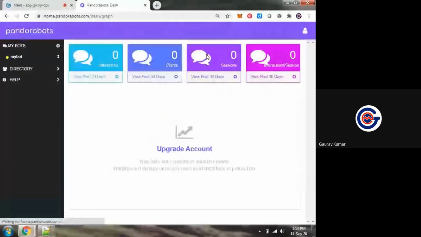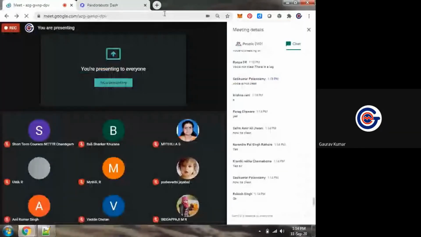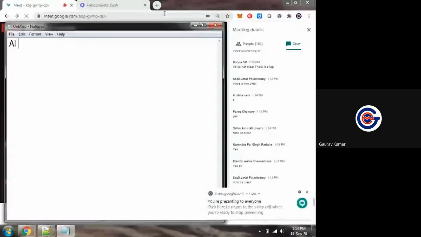You can take Google Dialogflow also for AI-based chatbots. Suppose you need artificial intelligence-based chatbots to be developed. For that, we use pandorabots.com or Google Dialogflow.